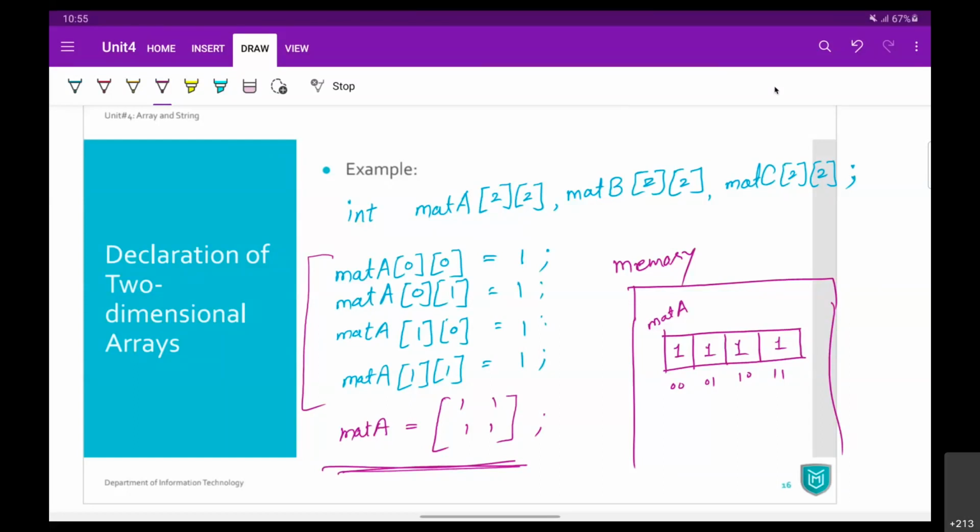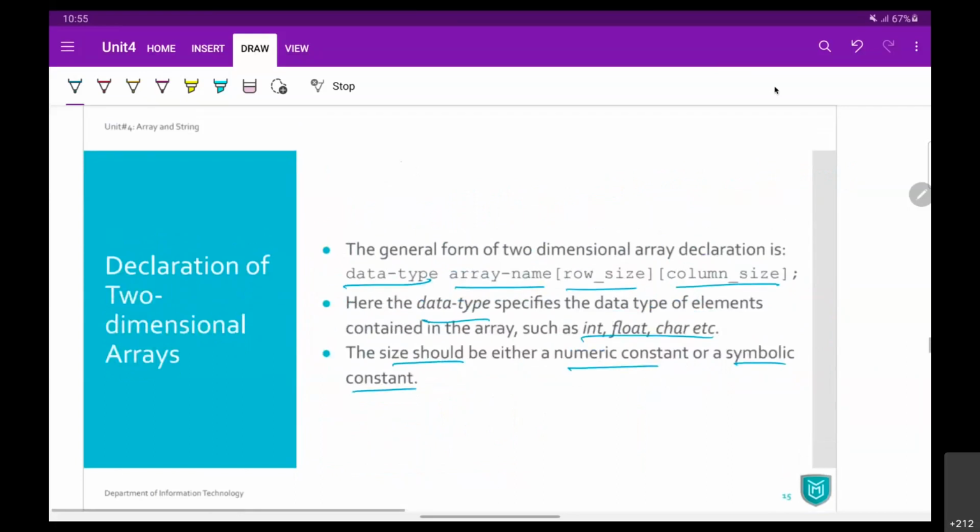If you omit your variable name label, then there will be an error. If you use an equals to sign in between label and size, then also there will be a compile time error. Remember, this is the syntax: data type, array name, square bracket, define your size.